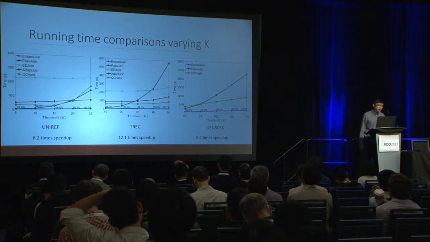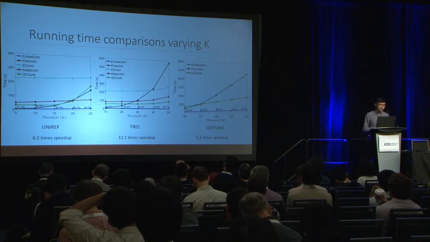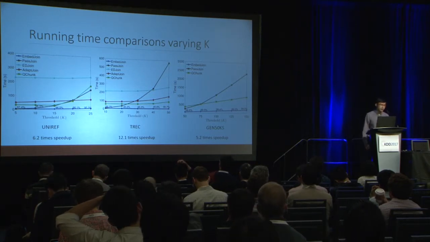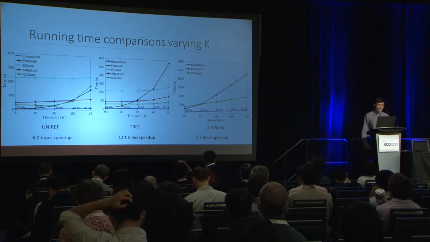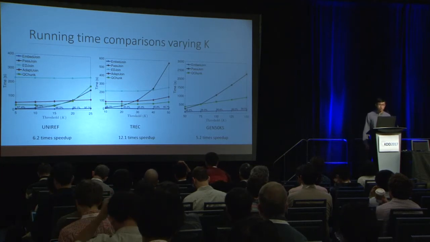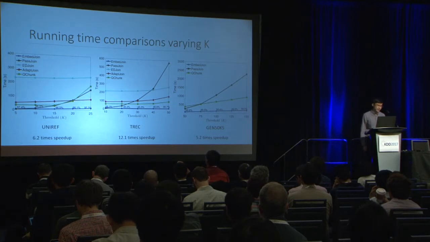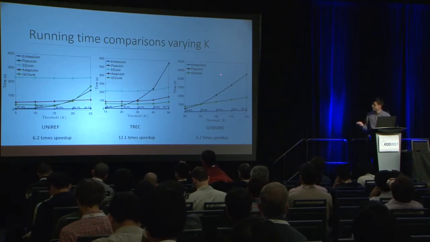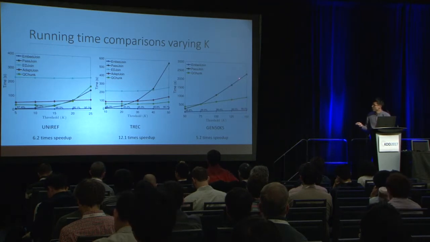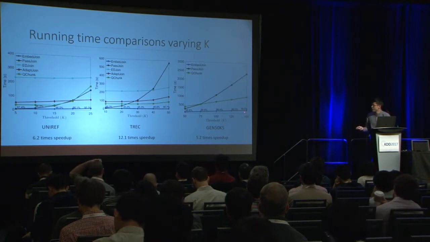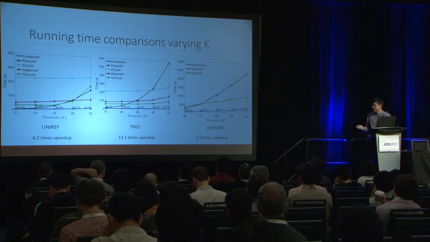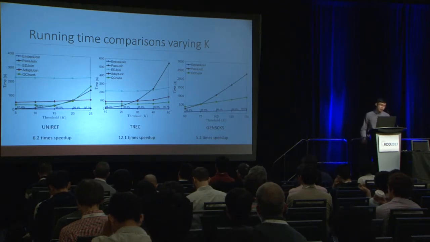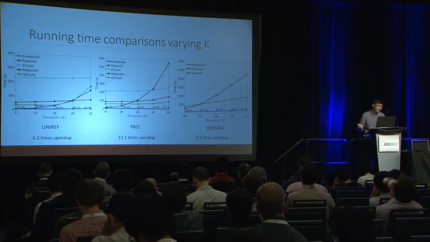We always guarantee our accuracy is greater than 95% on UniRef and Trec datasets, and greater than 99% on the genome dataset. And we have the following speedup at the largest k value in each dataset, with 5.2 times speedup, 12.1 times speedup, and